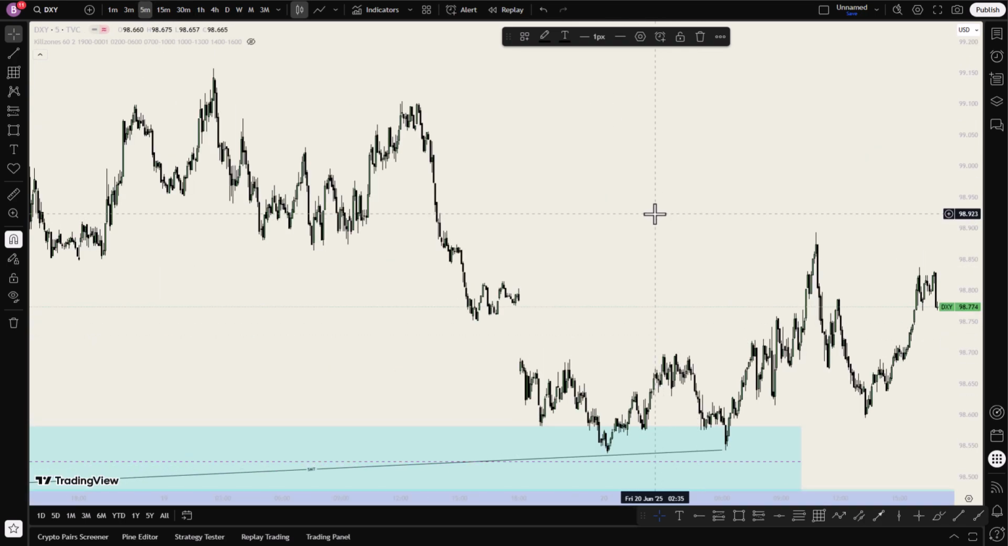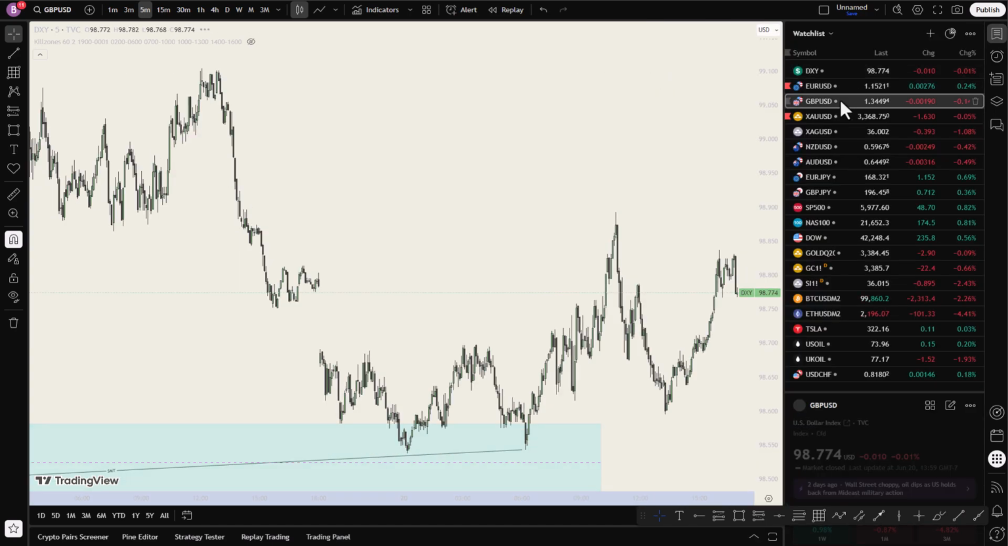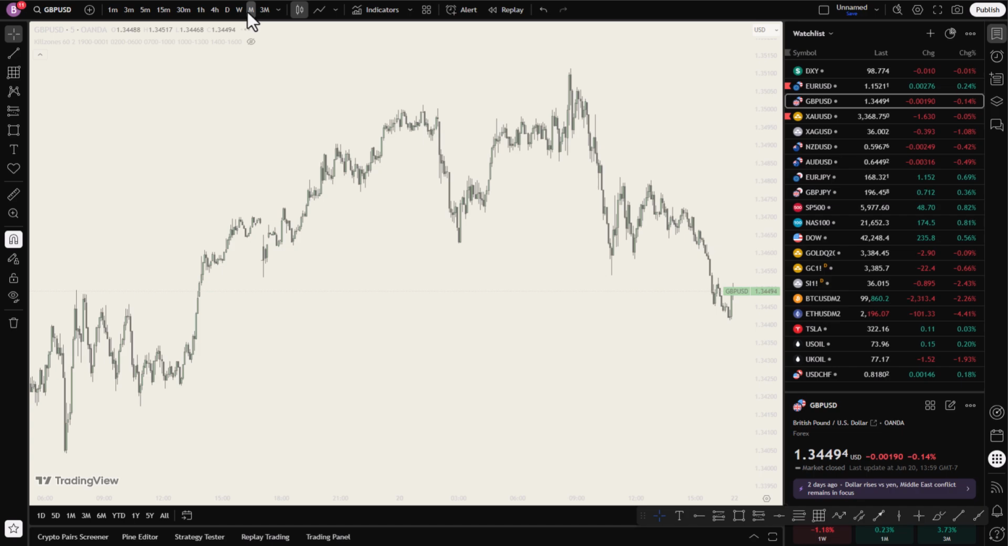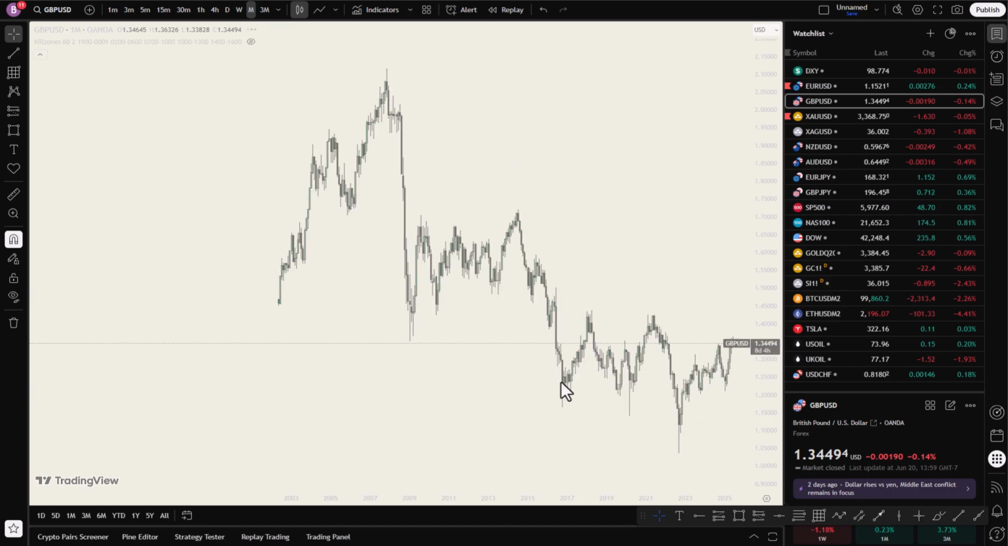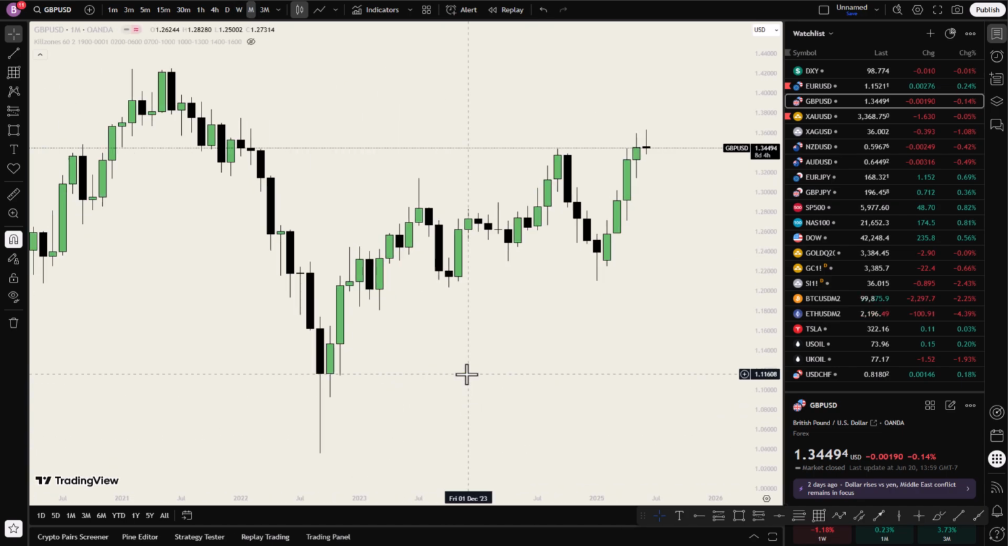And let's also look at another example. Let's look at GBP USD. For GBP USD, we can start on the monthly. Okay, let's look at the monthly time frame here. On the monthly, we see price